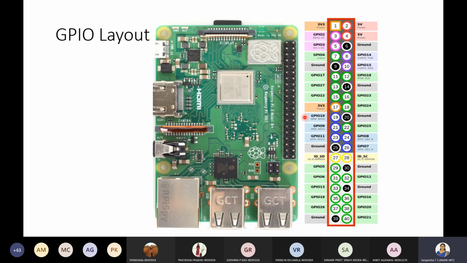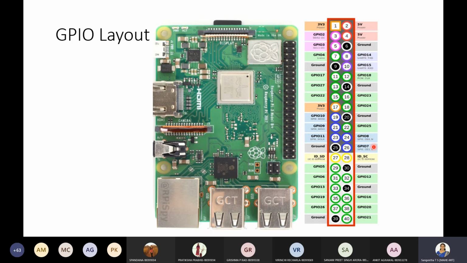Now, before going into the programming details, let us see the pinout diagram of this Raspberry Pi. This part I haven't explained so far. This is the GPIO, indicating general purpose input output, pinout diagram, and the pin numbers are shown here.